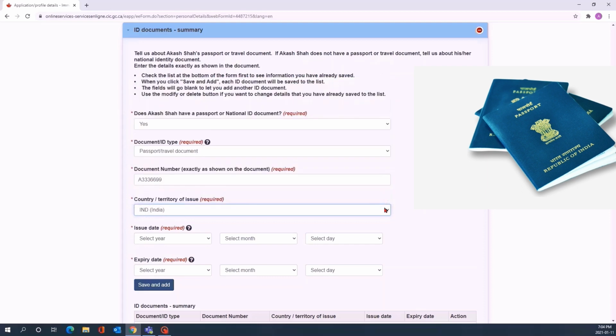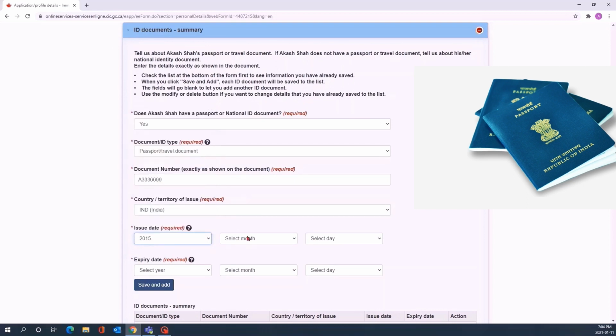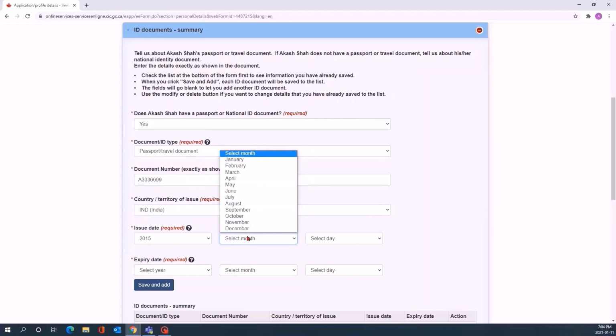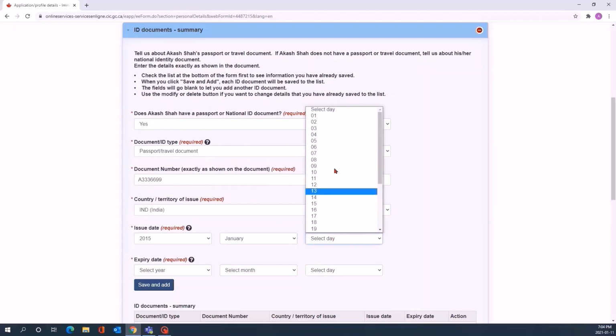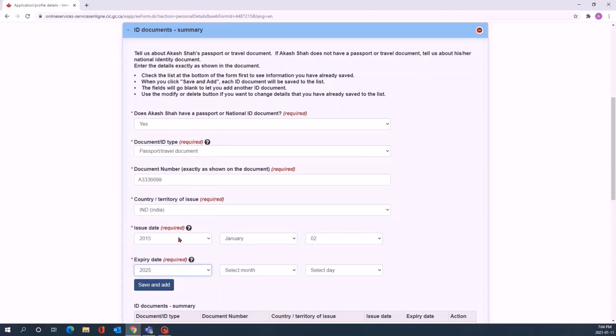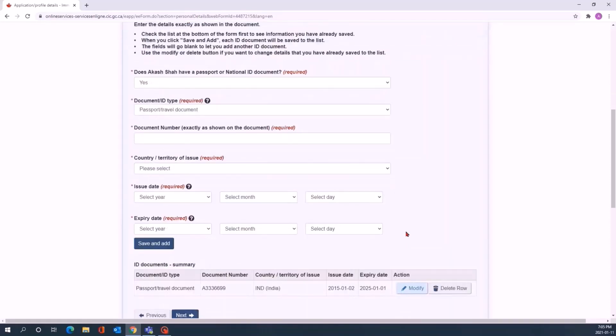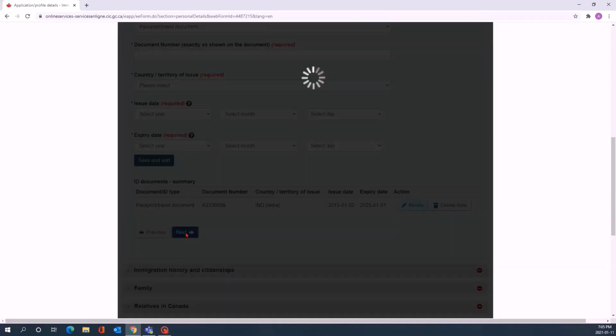You will find all these details on your passport's first and last page. Make sure you enter all the details correctly. Save and add. So it will be saved, and select next.